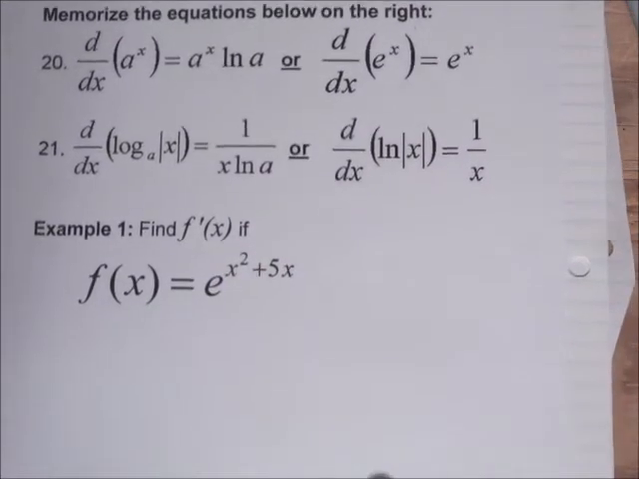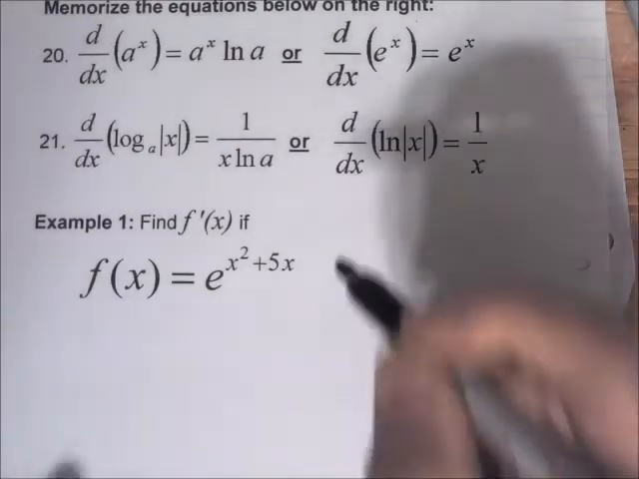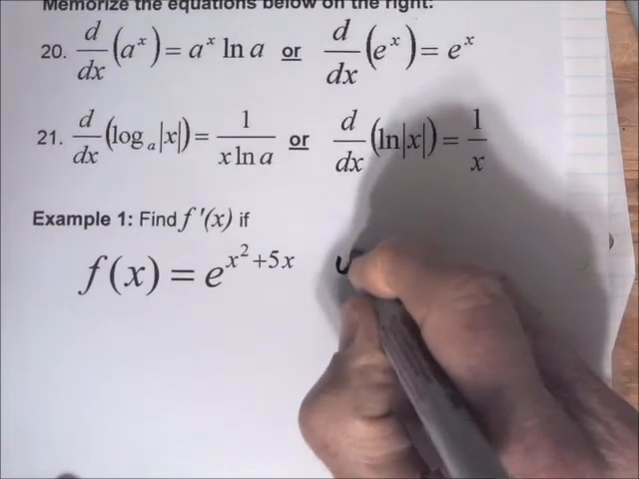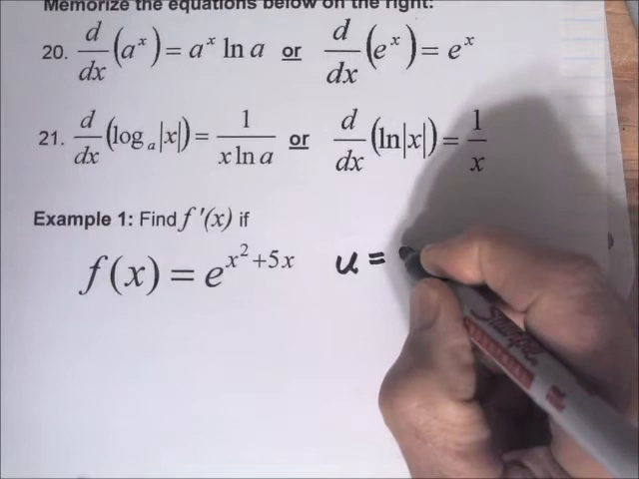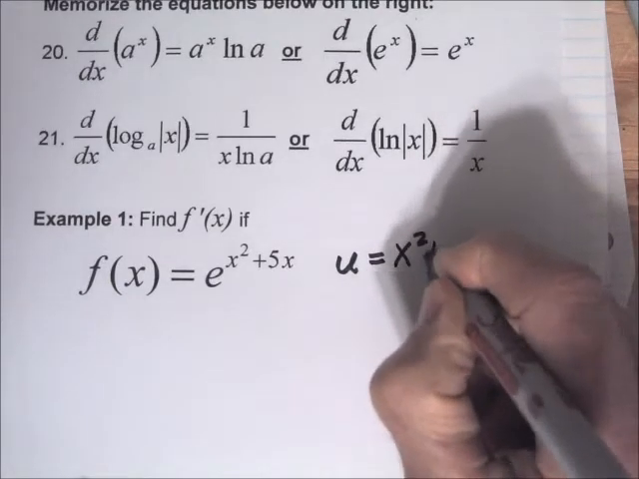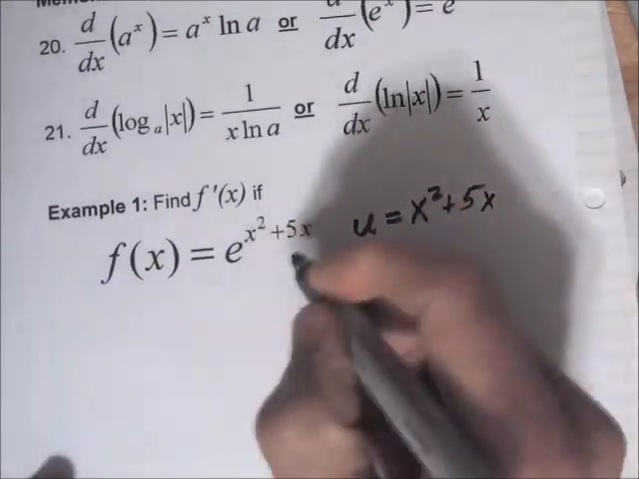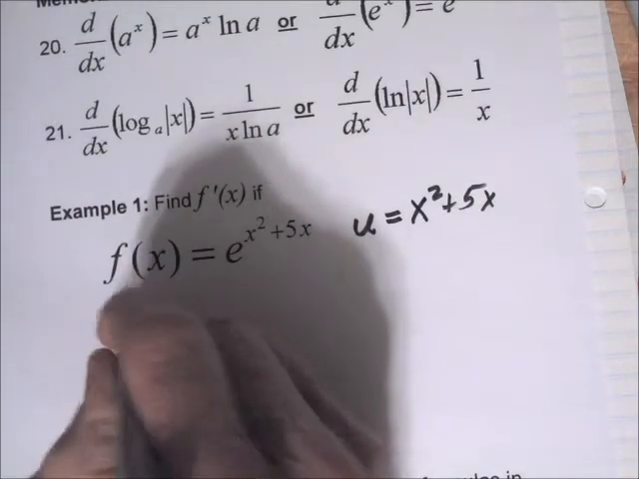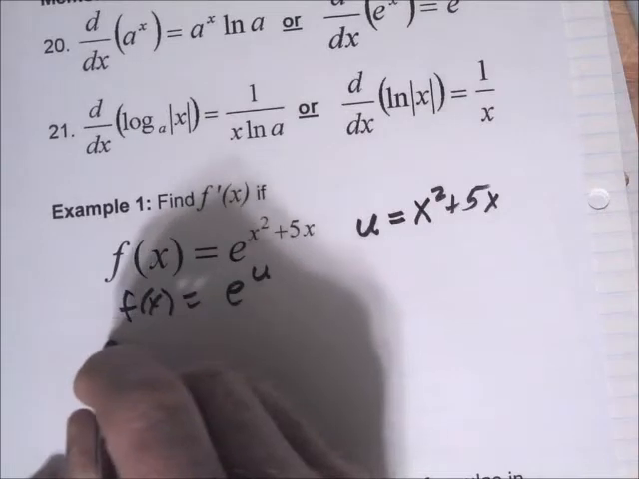Okay, so if we want to take the derivative of e to the x squared plus 5x, we can do a substitution here. I'm going to do this explicitly. You don't really have to do it explicitly. You can kind of do it in your head if you want, but we'll do a substitution. u is equal to x squared plus 5x, and then f of x with that substitution is e to the u, and